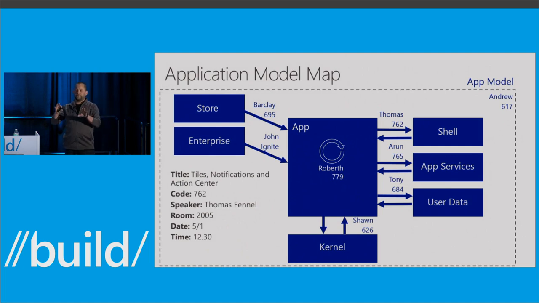Just a quick intro about where you're at right now. If you've gone to some of the application model sessions throughout the conference so far, you've seen some of this stuff. Robert just finished his session on how apps work. You're in our session now about Shell, really about how you integrate your application with a lot of Shell features. We're going to talk about toasts, tiles, notifications in general. So that's just a quick lay of the land of all the other things you should go look at if you haven't seen them yet about the app model and integrating with it in Windows 10.